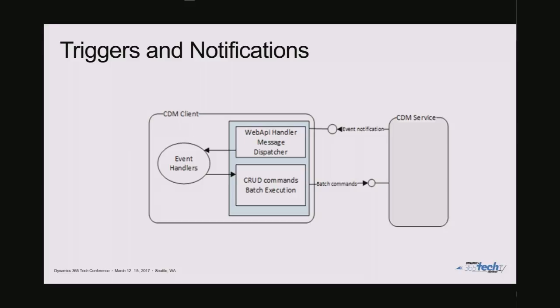It's a little bit harder here because you have the network in between, and you have to marshal these things over the network, and you have to deal with latency and make sure that it works that way. We have two concepts. One is called triggers and one is called notifications. Triggers is a concept that is done within the transaction that you're actually executing. So if you wanted to do defaulting on a record, say you added a field to some entity and you wanted to set that field to a particular value before anything else, then you would do that in a trigger that's run concurrently with your transactions.